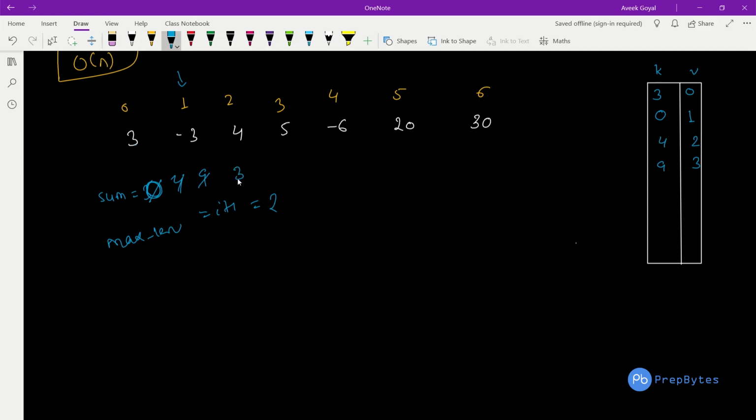What is the meaning of this? Just think about this. What is the meaning that 3 came again? See this. So we have 3, minus 3, 4, 5 and minus 6. Fine. Now prefix of